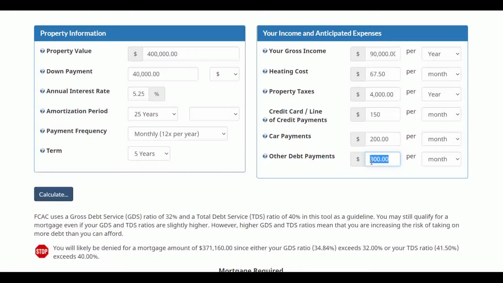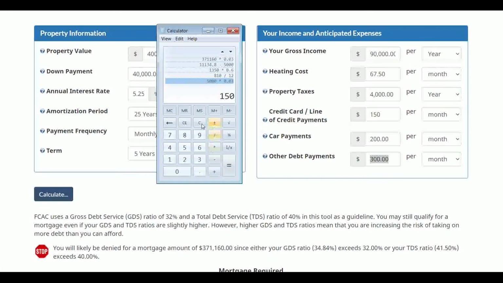Now, for student loans that are not in repayment, they are calculated in the same way that a credit card or line of credit payment is. So you're using 3% or whatever the rate is that the institution has, but typically it's around 3%. So, just to be on the conservative side, use 3%. So 3% of whatever the outstanding balance is. So if you have a $20,000 student loan, that means on the application you're going to be inputting $600